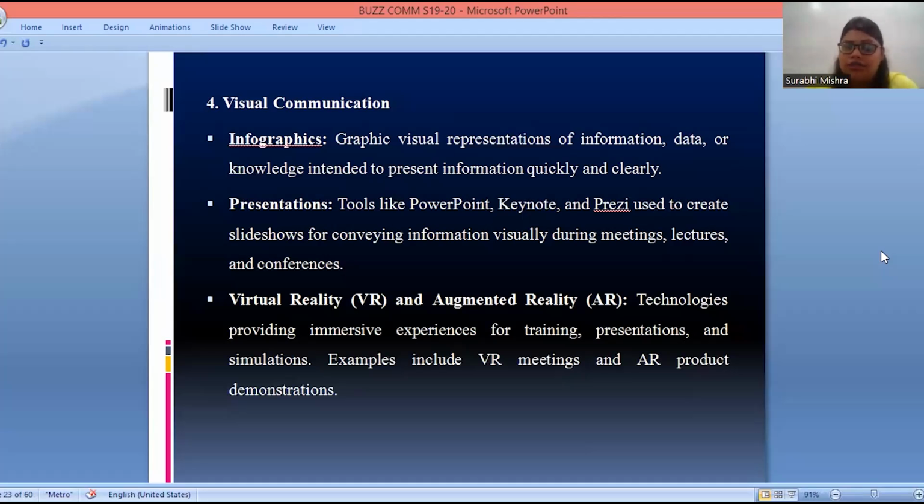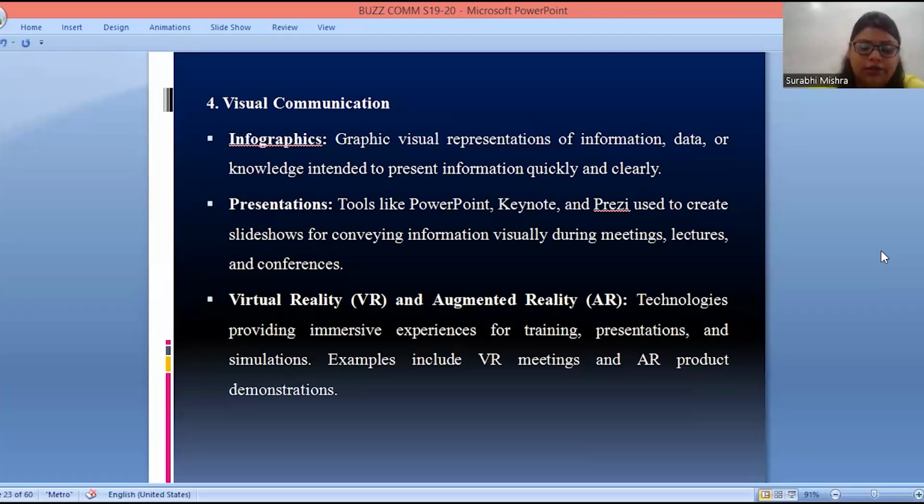These technologies are very popular and trending. Why? Because this helps you provide an immersive experience by making the person realize that they are in the scenario; the 3D effect can be felt using virtual reality. So this is all about visual communication.